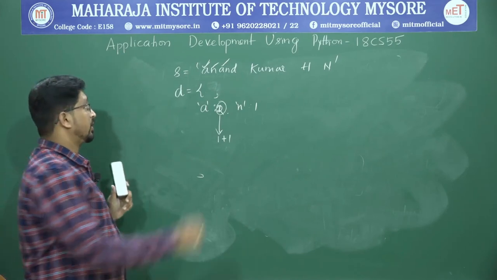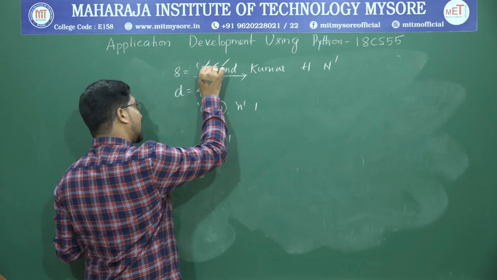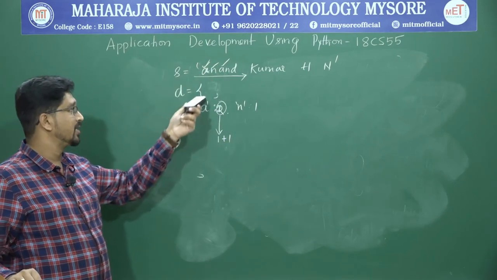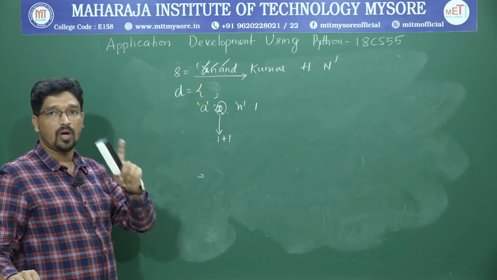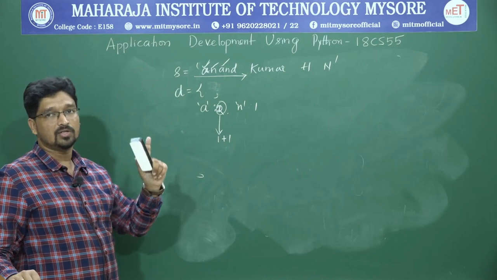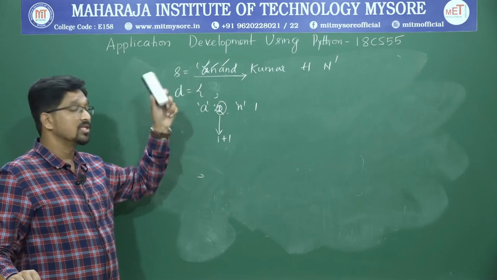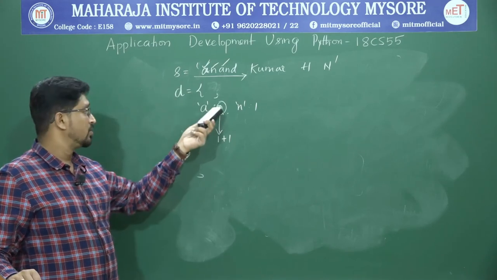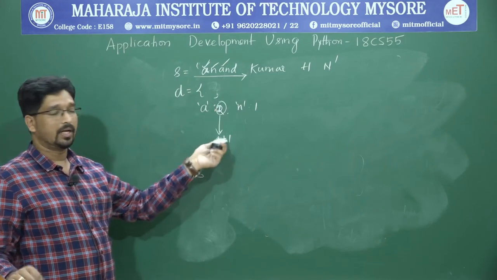Did you get it? You need to access character by character. If the character is not already present in the dictionary, you need to add that character to the dictionary with initial value as 1. If it already exists, then you should access what the value is, then add 1 to it, right?